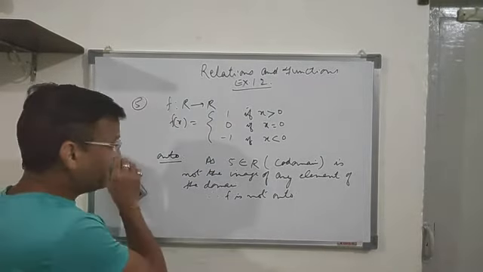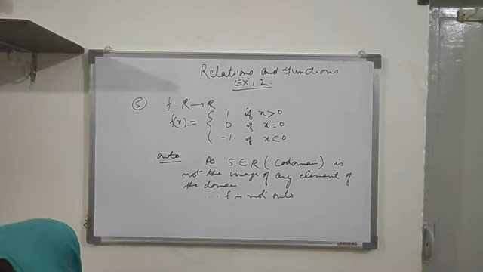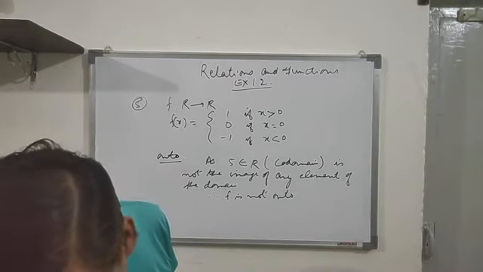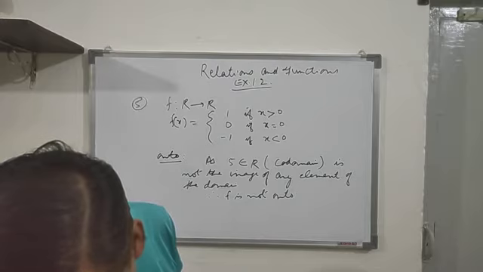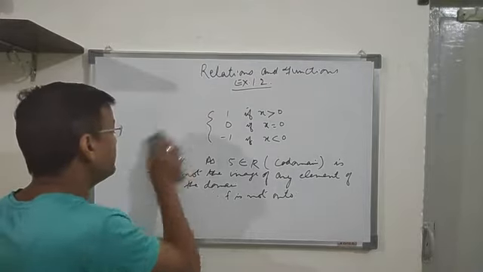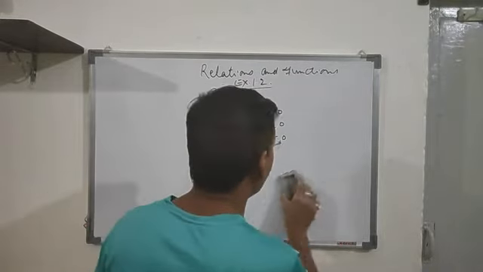Now I'm coming to the next one. Let me take this one now. The sixth one you can do: 1-4, 2-5, 3-6, f is 1-1. Find whether it is bijective. Okay, let me take question number 7 now. Questions 5 and 6 you can do on your own. I'm coming to question number 7.